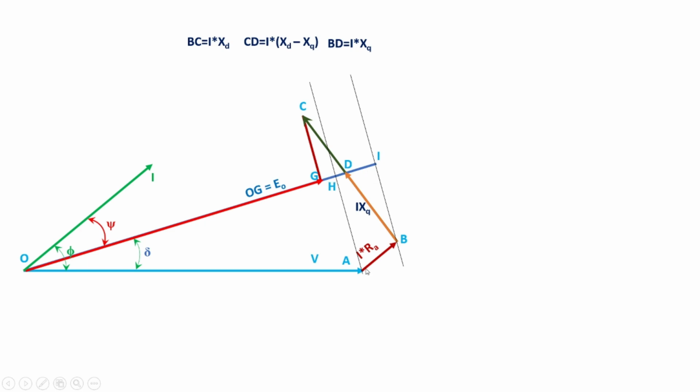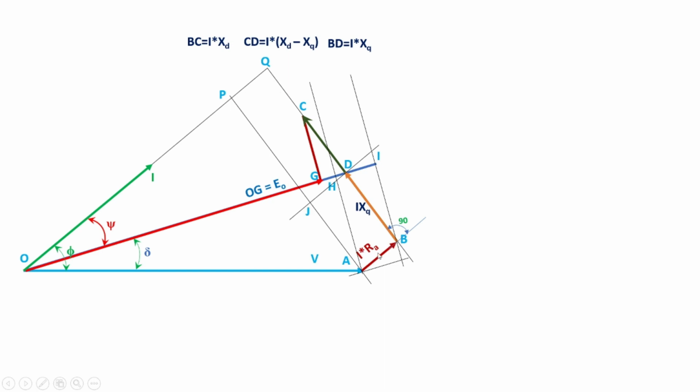Then we are extending this AB phasor upward so that this angle is equal to 90 degree. Then from the tip of A, we are drawing a line parallel to E0, and from the tip of D, we are drawing a line parallel to armature current, like this. Now we are extending this armature current phasor upward. Then we are extending BC phasor upward so that it will meet at this extended line. And also from the tip of A, we are drawing a line parallel to this extended BC line so that all these angles become 90 degree. Let the meeting points be P and Q, and this meeting point be J.